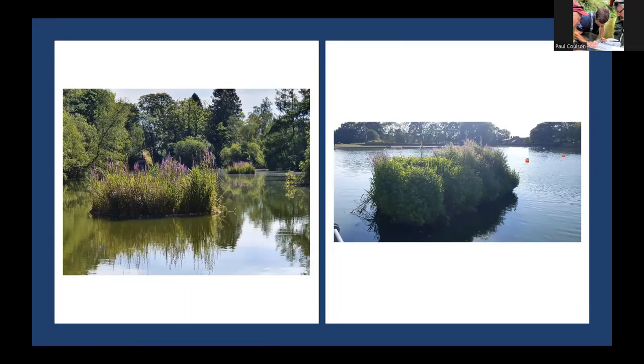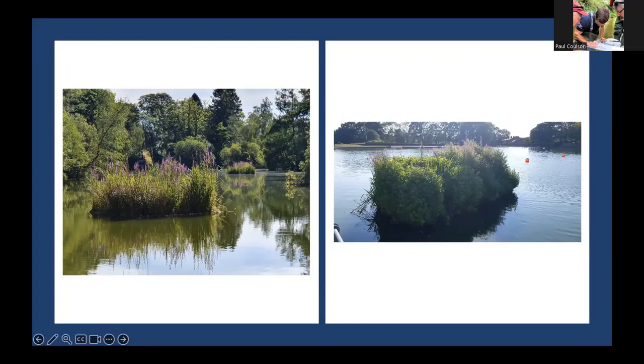And this wasn't their first go at it. It took them several attempts to get it right. And what you can't see on here is there's actually a predator cage on there. So they built that up so there's a cage over the top so that the geese can't get on it and destroy it. But over a couple of seasons, they'll grow up nicely, and you'll get a real nice plant community develop on there.